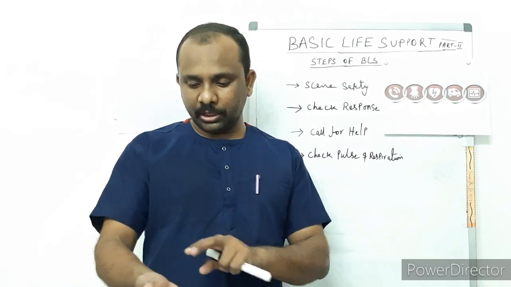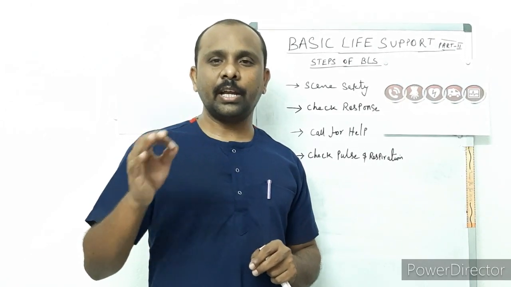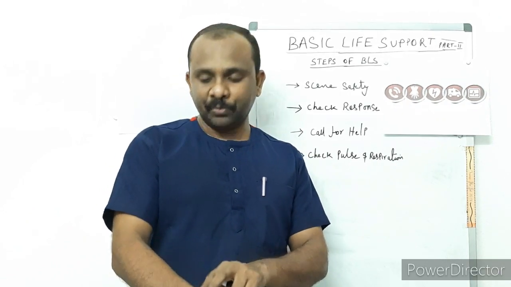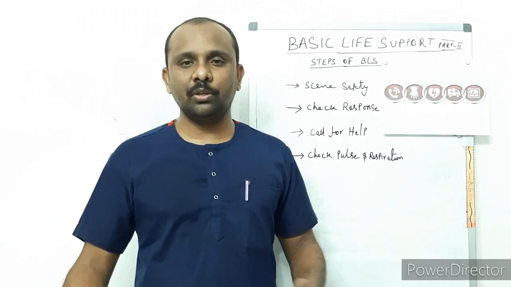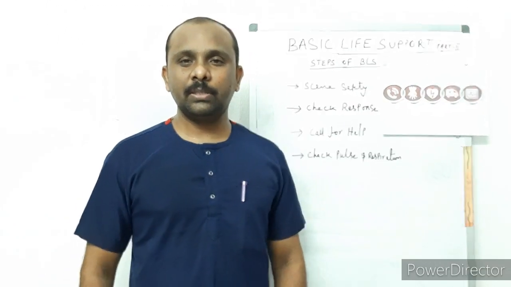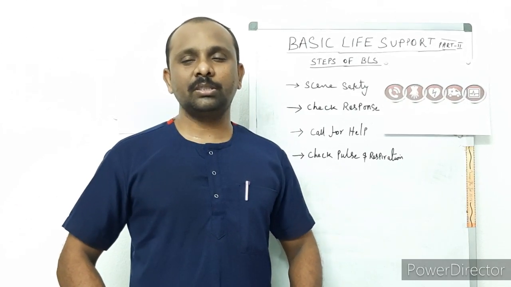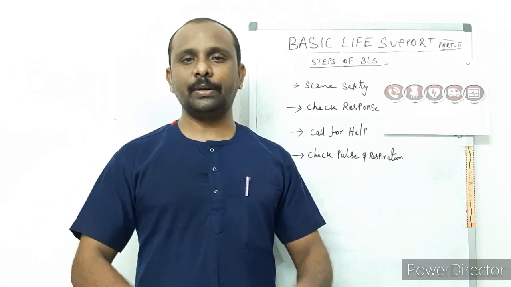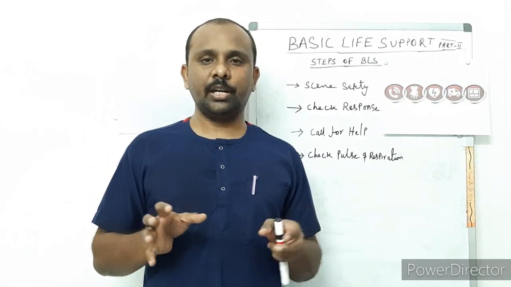This is the pulse which disappears last, right? For example, to feel the radial pulse, you need a systolic blood pressure of at least 90 mmHg, right? In the brachial, you need at least 60 systolic to feel the brachial pulse. If it is the femoral, it needs at least 40 mmHg of systolic pressure. Even less than that, you will not feel any of these peripheral pulses. Only the central pulse, the carotid pulse, you can feel, right?